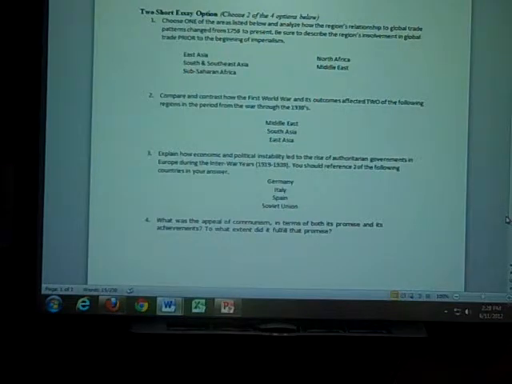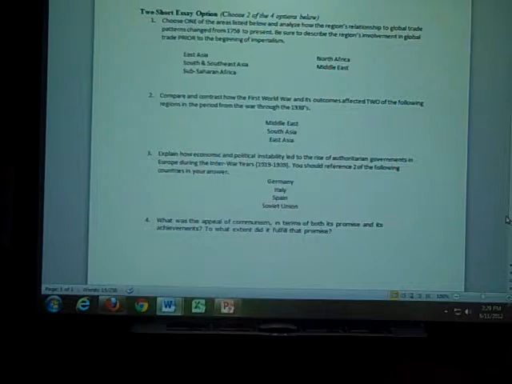So in paragraph 1, you would talk about the promises of communism. So you'd be really looking at Karl Marx. What is the theory of communism? What does communism promise it'll accomplish? And then in the achievements, you would take a look at Lenin, Stalin, and you could go even further up into Brezhnev if you wanted to, Khrushchev. What were some of the good things that came out of it? I mean, the Soviets did beat us to space, so there are some good things about having the government kind of direct. It just doesn't always work for everyone. Yes?